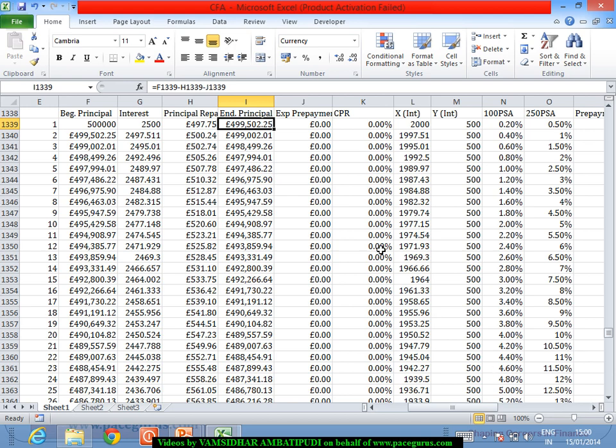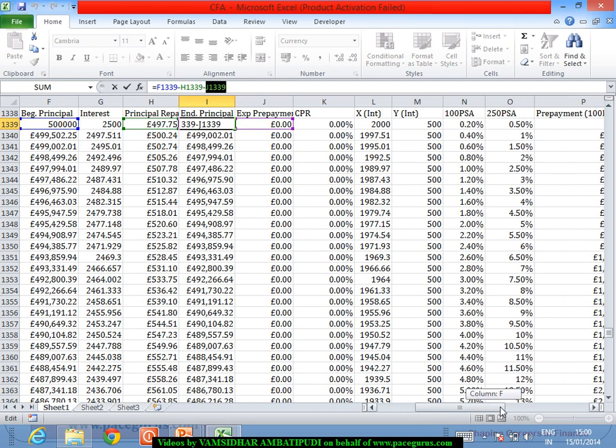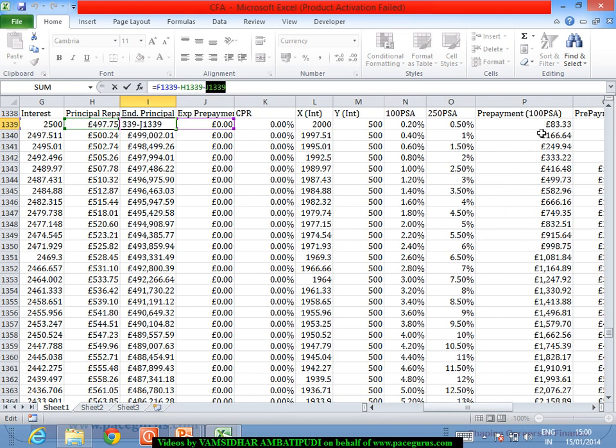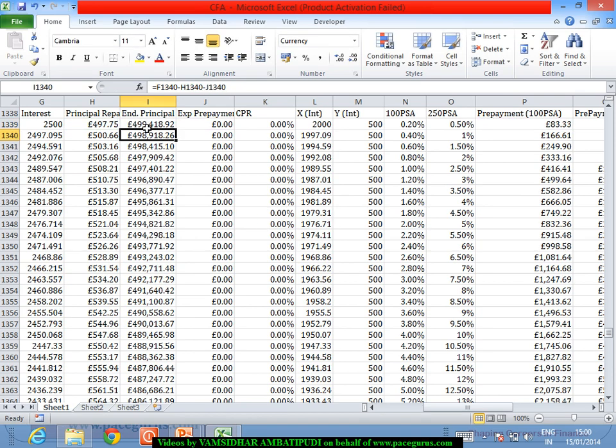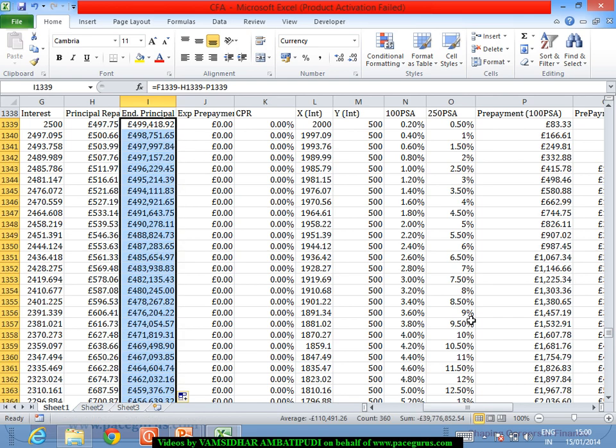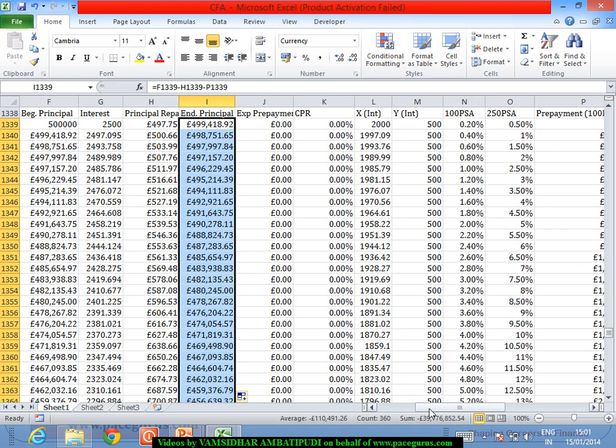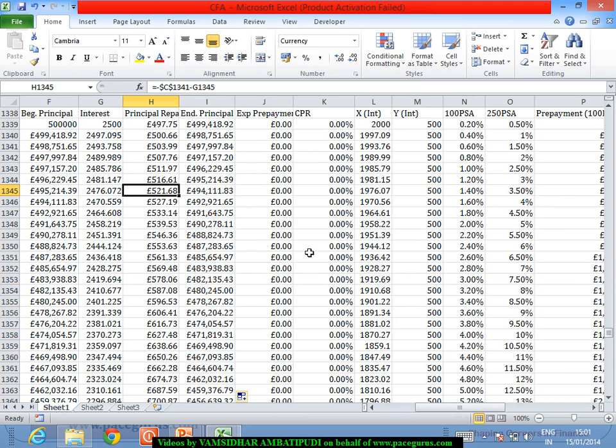If I include, instead of J 1339, if I subtract this part, now if I look at it that way, I see that I have taken, this is my scheduled principal, and